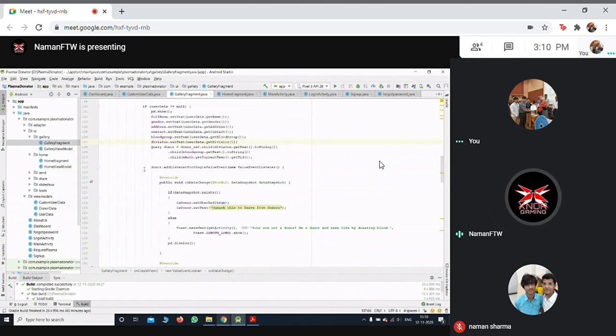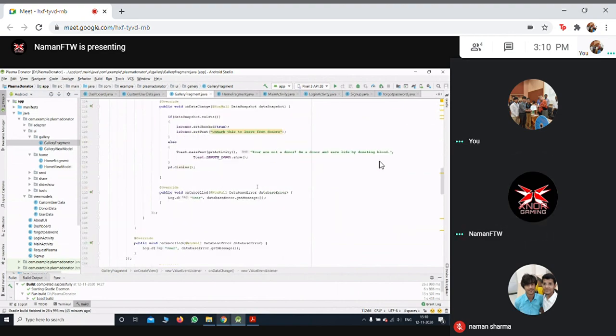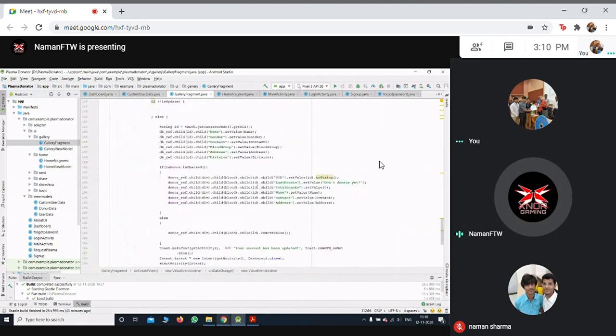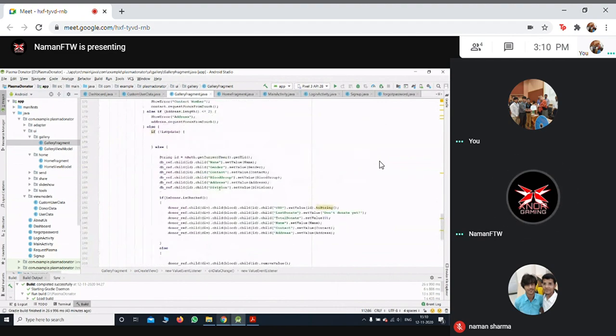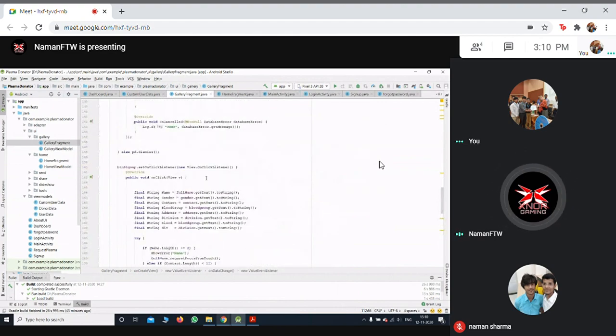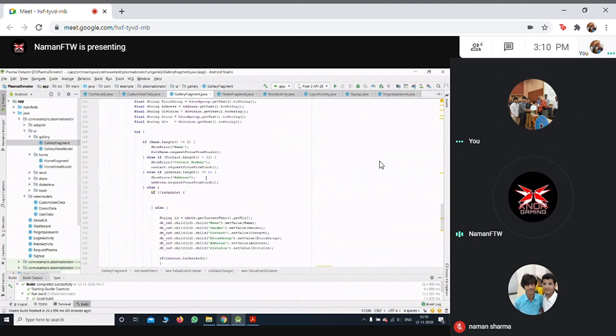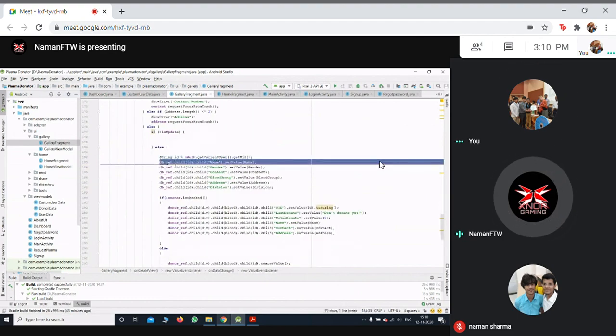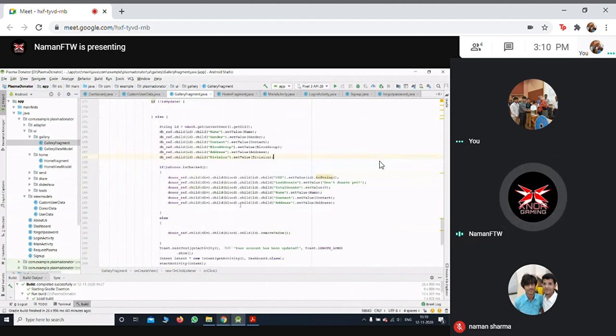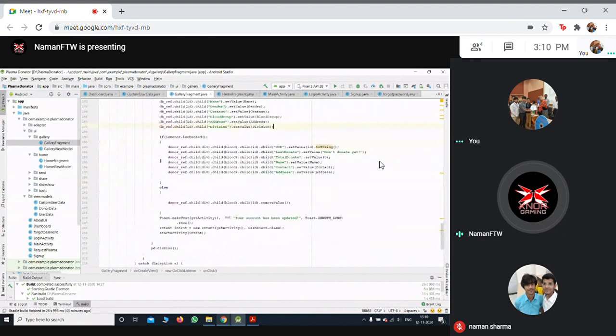So this is the function. And this was the profile activity, and if the button is clicked for update profile, accordingly the database values are updated, whichever the user has inputted.